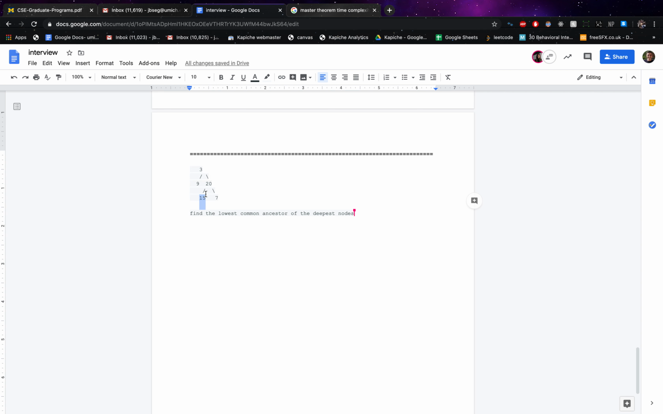Okay, so currently I have a pretty good idea of how to find the 2 deepest nodes. And from that, finding the lowest common ancestor, I mean that's a bit difficult too. But I think I could do that by